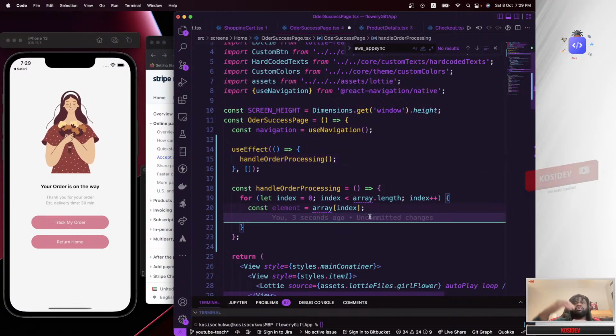Now we need to actually loop through the whole orders to be able to create new order items, like I showed you guys on the back end how that looks. So let's try and do that.